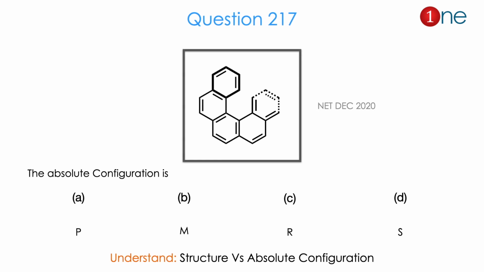Let us look at the next question. In the middle they gave a chain molecule which is attached with many benzenes. Here the benzene molecules are going spirally. One benzene is above and the spiral goes below. It's like a screw, one on top screwing to the bottom. They are asking for absolute configuration. How do you define absolute configuration in this molecule? Whether it is P or M or R, S. From the structure and possible absolute configurations, you might realize the question is really about structure versus absolute configuration. The answer is B. Let us see how.